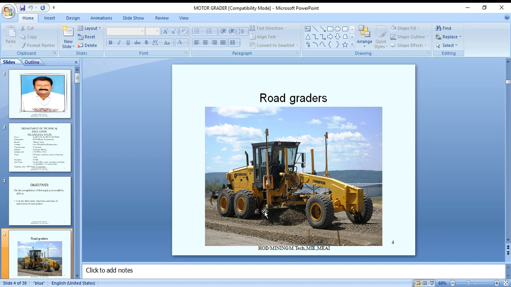There are two parts. In the front part, there will be a circle beneath, dozer type, but the dozer has a different purpose. The grader also has scanners, with which we can maintain the angle, automatically recorded on the operator's panel. He can see how much angle is cut on the left side, how much on the right side, and how much elevation is required for pushing material from one place to another.